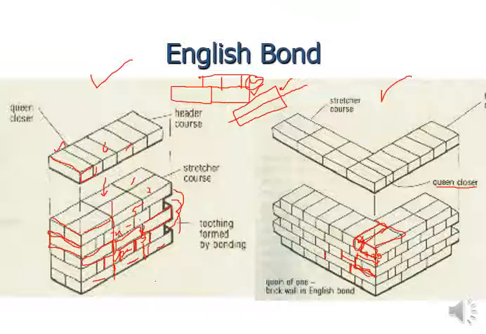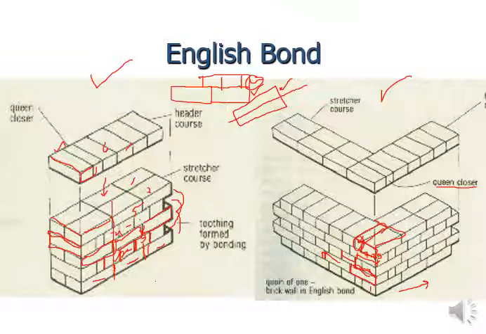So once you are at the course where the stretchers are placed, this one here, you have placed the stretcher. What is happening in the other direction? In this direction, this is the stretching course. Now going in the other direction from the corner, what we concluded in the last slide is that your even course should be converted into odd course and your odd course should be converted into even course. So according to this dimension, this odd course is header and even course is stretcher. So your stretcher should be converted into headers.